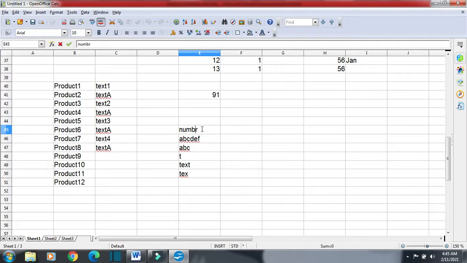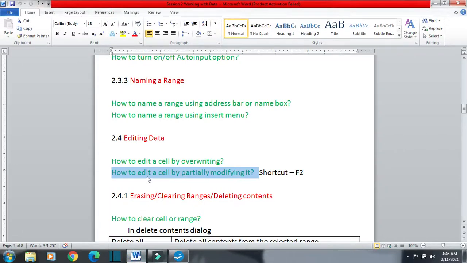It will also provide me the option to place the value here. Or I can go for the shortcut F2. Click here and then F2 will also provide you the option to insert anything. Then you can write here and then press enter. You can change the value. This way we can edit a cell by partially modifying it. The shortcut is F2.